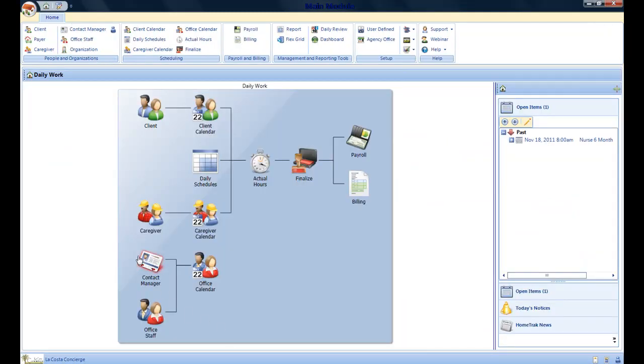Also, as mentioned, we have contact management down here to where we would put in our referral sources, and we also have all of our office staff in here. As mentioned, this is a very quick overview, and we just wanted to get you familiarized with what we can do for you and your family